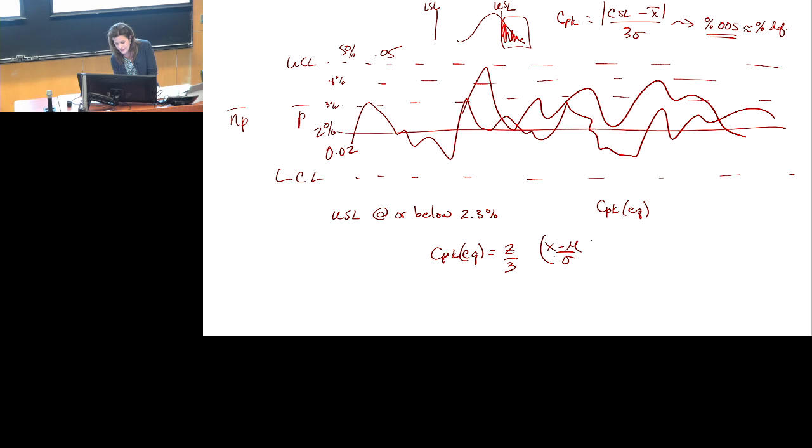So if we take that z-score and divide it by 3, it looks like (x minus mu) over 3 sigma. Just kind of like this. This would be x. This would be mu, 3 sigma. Make sense? What do we use for the proportion defective? The average. That would be a good place to start. Okay, so if I had an average proportion defective of 2%,